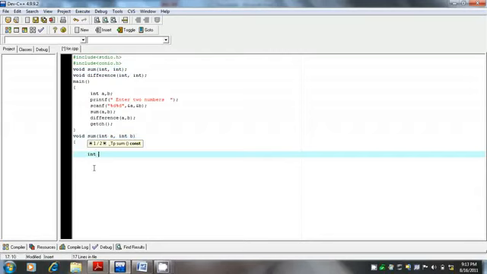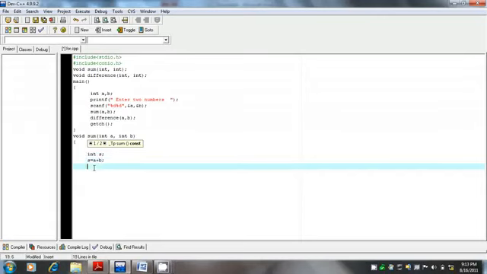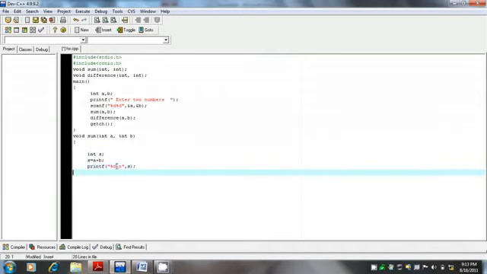So sum, I'm going to write another variable here, say int s is equal to a plus b. That is, s is the integer variable that is storing the sum of two numbers a and b. So we need to just print the value of s. Printf %d s. And I am also going to write new line so that sum and difference are printed on separate lines.